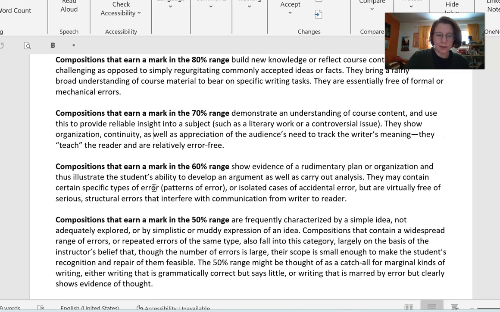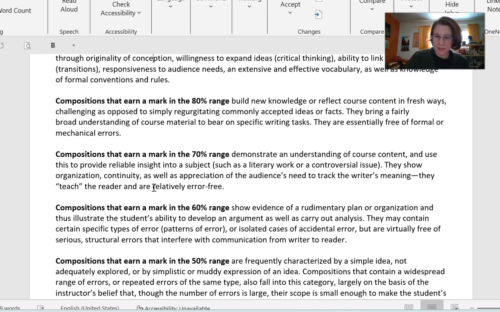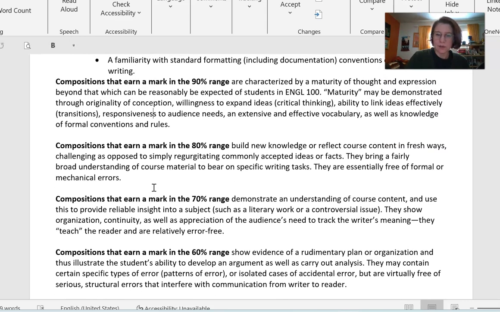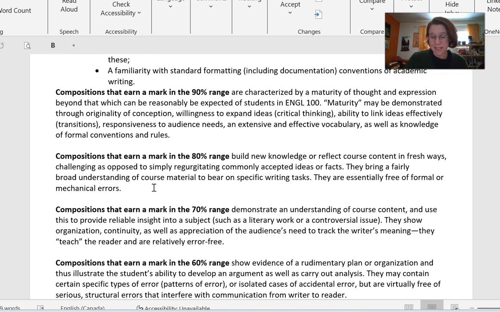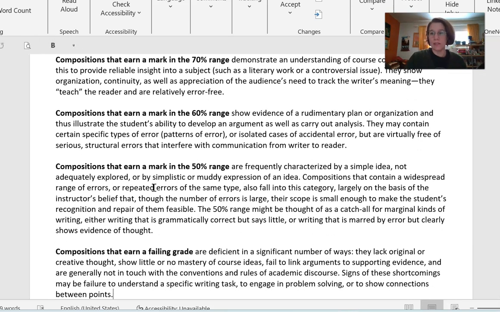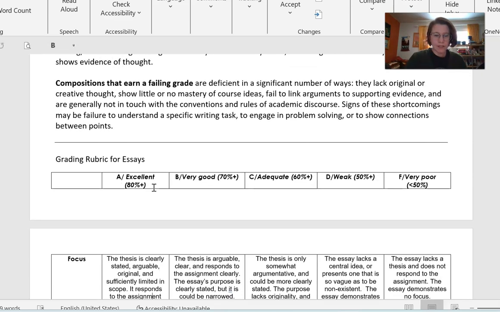It is possible to get 80s and even 90s in an English class, but you do need to really elevate your language, elevate the evidence, make sure you're citing properly, that everything is grammatically correct, and you're really following closely MLA style. Things like that help elevate your grade, and you can earn 80s and above.